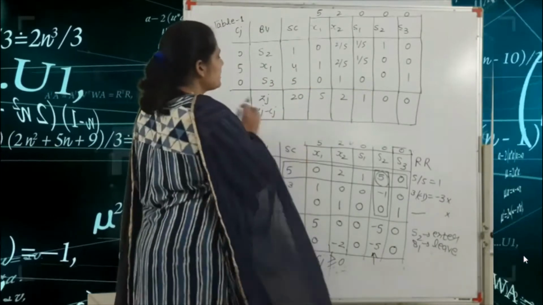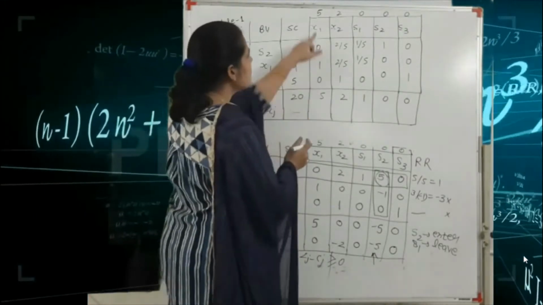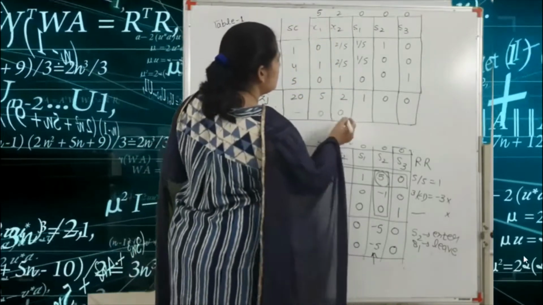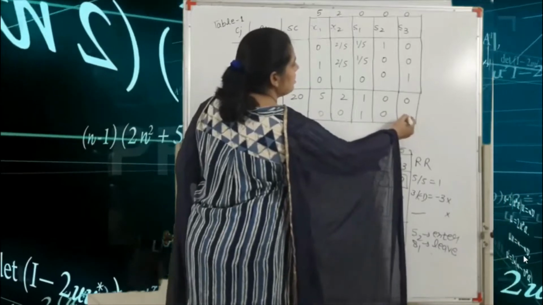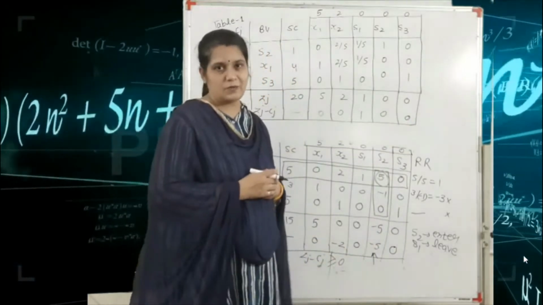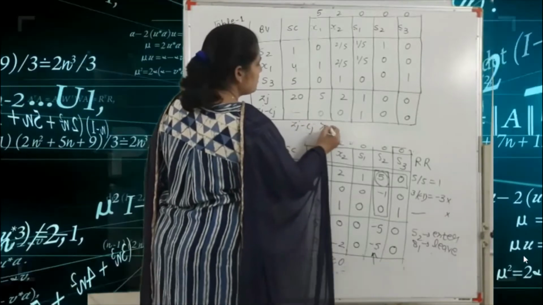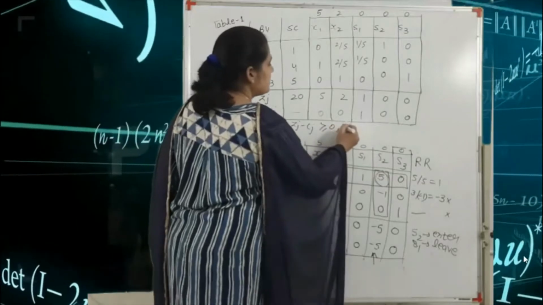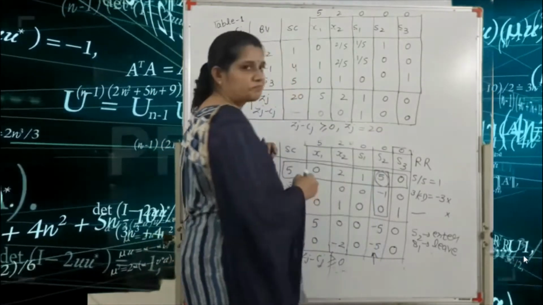Okay. So next we find the Zj minus Cj. So first we write the dash here. 5 minus 5 is 0, 2 minus 2 is 0, 1 minus 0 is 1, 0 minus 0 is 0 and 0 minus 0 is 0. Okay, so here Zj minus Cj is greater than or equal to 0. All these values are greater than or equal to 0. So here Z is equal to what? Z is equal to 20.